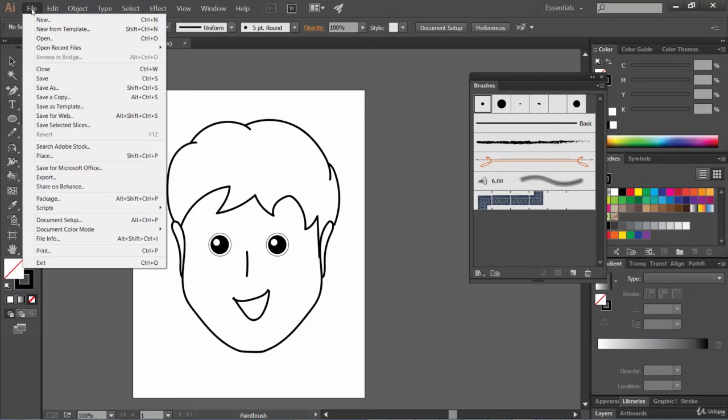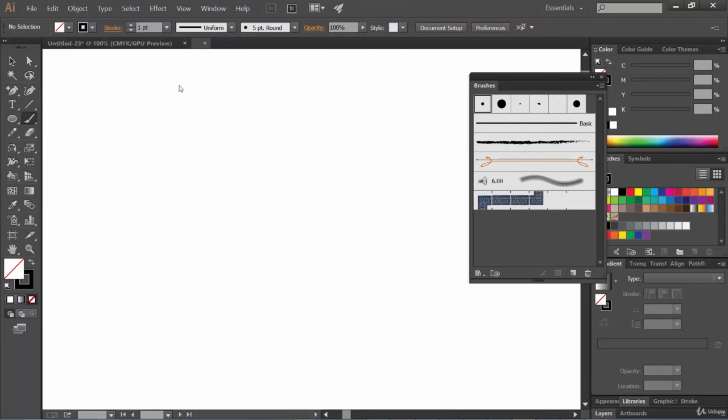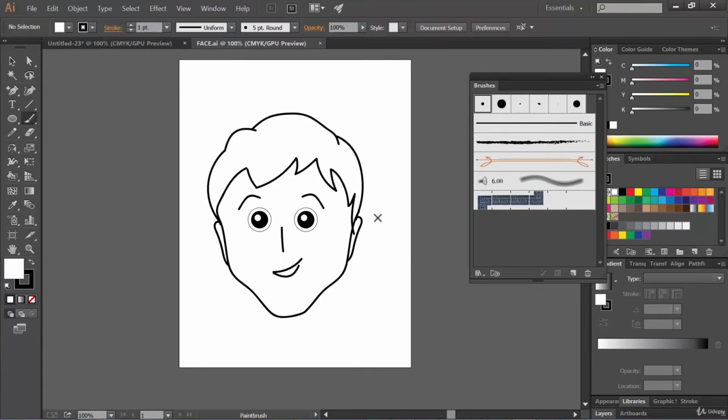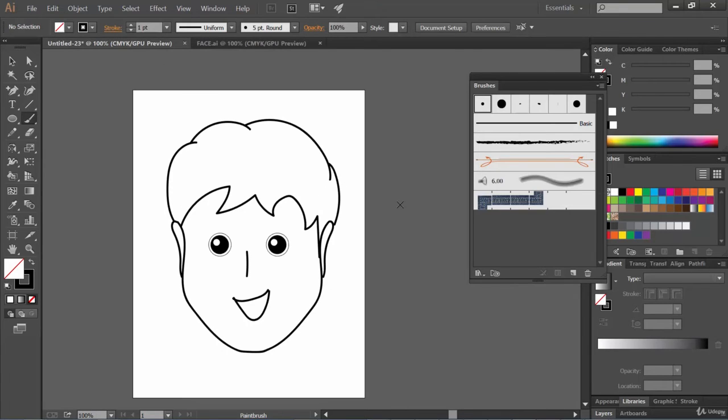Again, let me show you another face that I have drawn previously. I will also include this face for you. See, 4 arcs. 1, 2, 3, 4. Let's come here.